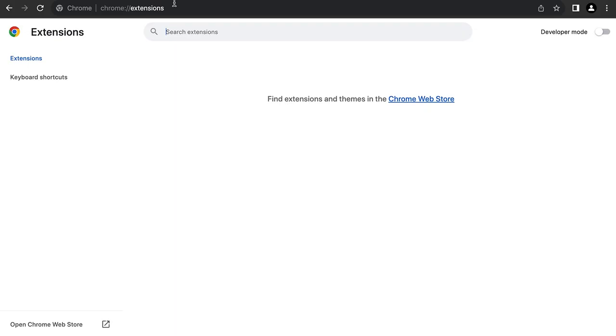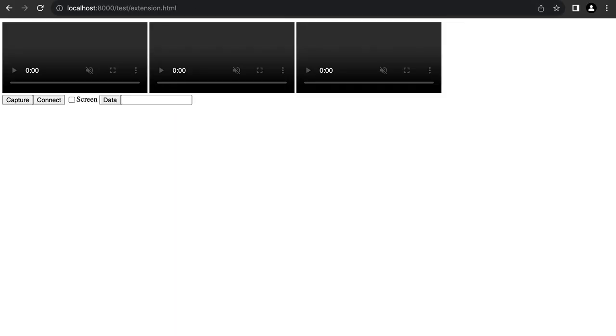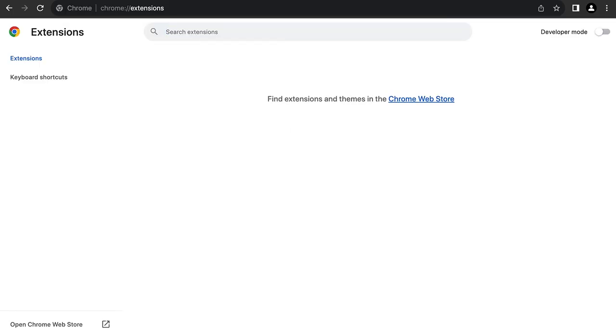there is this test application extension.html that doesn't include the software by itself in the script tag, so it can only be modified via the extension. So what I'm going to show you is how to install the extension, how to get used